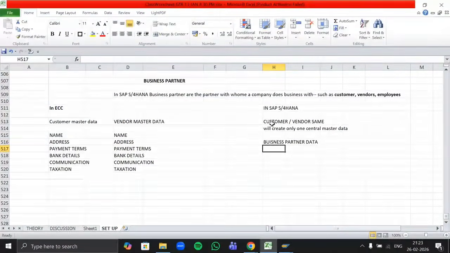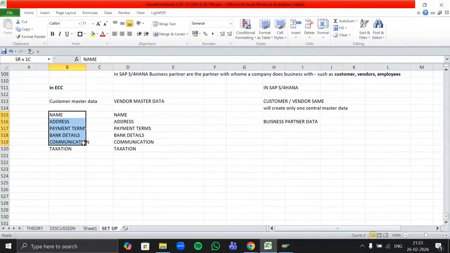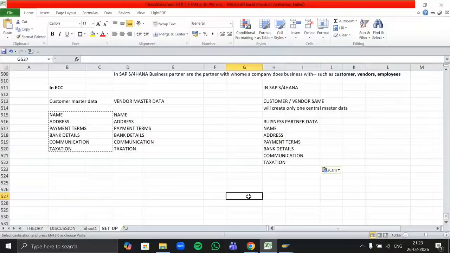It will store the basic details of our customers and vendors in the same group only, not in multiple different groups for customer individually and vendor individually. This is how it works. If you have any doubt up to this, do let me know. Then only we'll move forward with the structure.